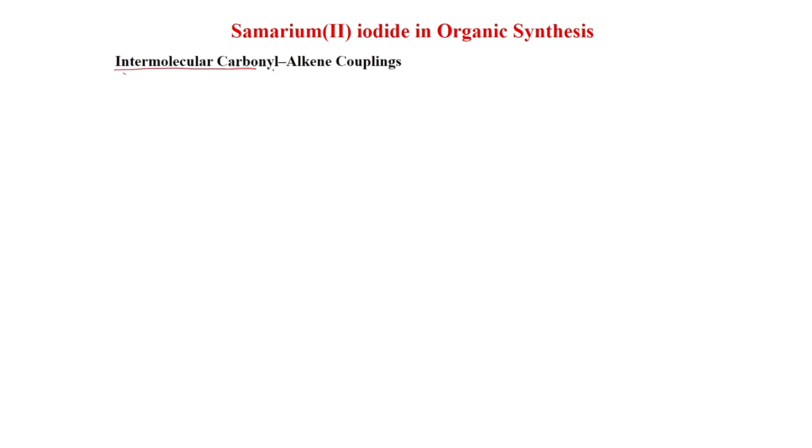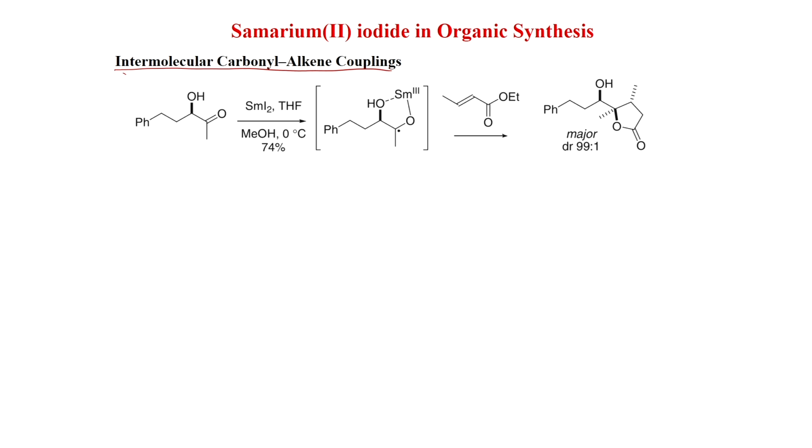And we will discuss now this reaction, intermolecular carbonyl alkene couplings, examples. Here it has been seen that if a hydroxy group is present, hydroxy always bonds with samarium, and whether this reaction can be done in a highly diastereoselective fashion or not. Here this radical anion is forming, and if it binds with samarium, then this also will be on the same side as the hydroxy. That is what we have seen, this hydroxy and this, in the zigzag, they are in the syn orientation.